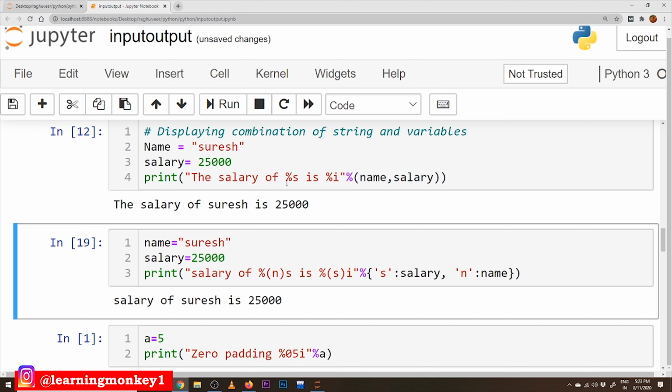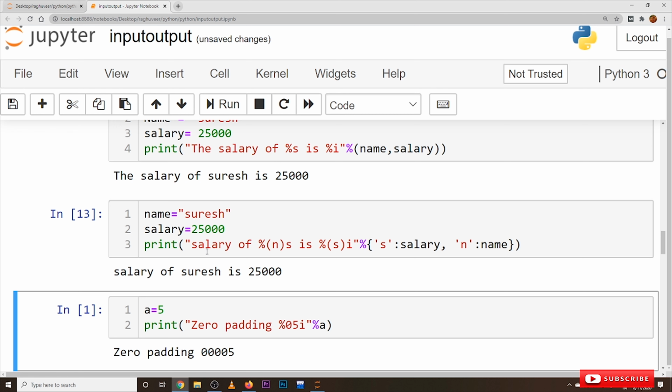In the earlier approach we have to follow the sequence. First percentage S has been displayed, so we have to name the percentage S, meaning name is a string type. Here no need to follow the sequence. You can assign because we have named it as S and N. Whatever you have mentioned here, the S value will be displayed at this position, and the N value will be displayed at this position. No need to follow the sequence. That's the use of this. Other than that, everything is the same as above. Whatever we discussed above, the same thing will happen here. We need not follow the sequence here. That's the advantage of this format.